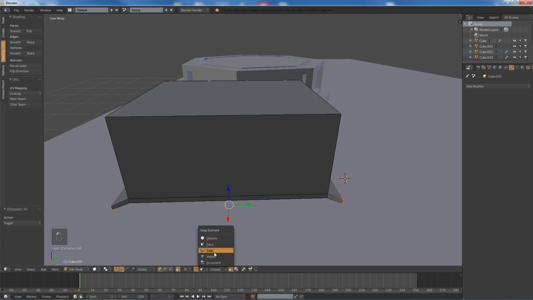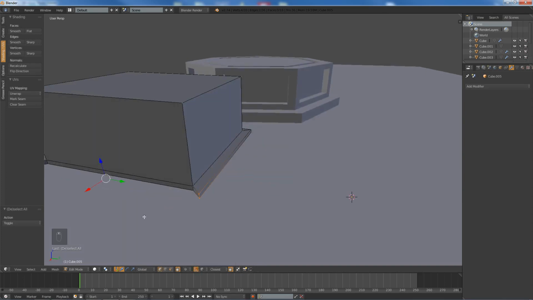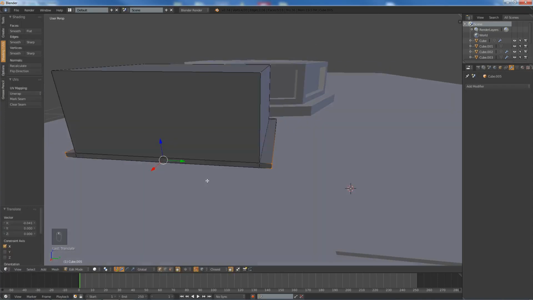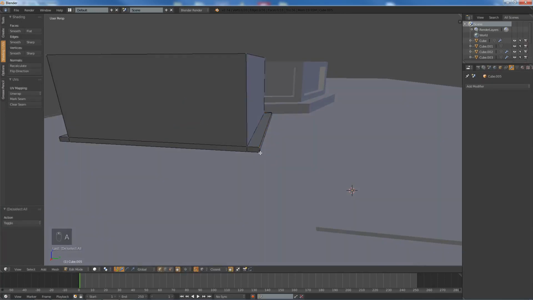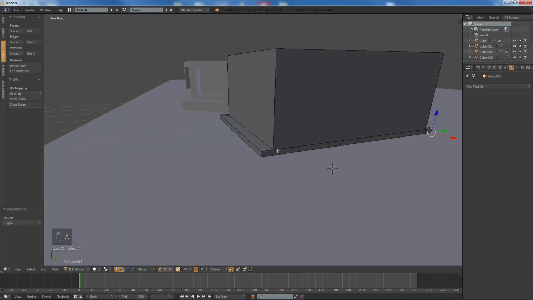Turn on magnet, and we make sure we've got it set to vertex, and we move that in. And can't we do a loop selection? Yeah, okay, we can do loop selection, and now we can actually get these ones